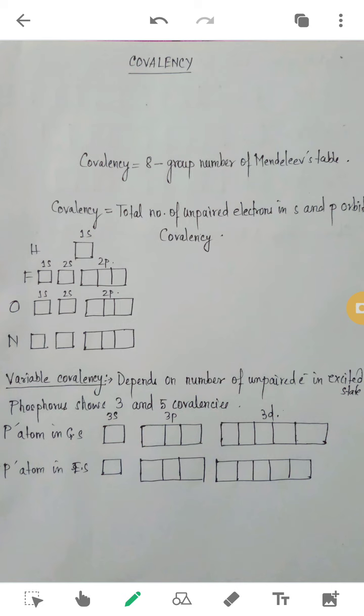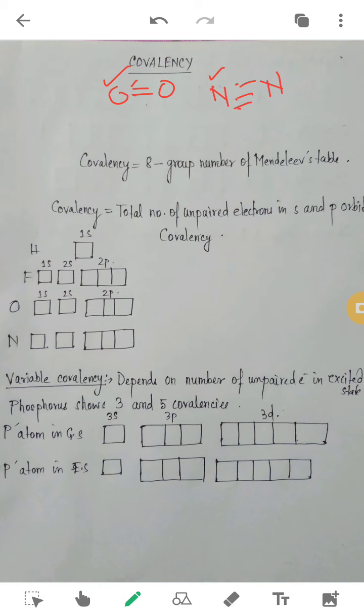That is covalency. For example, hydrogen will have a covalency of 1. Or oxygen, when it forms O double bond O, a single oxygen atom will have a covalency of 2 because it has shared 2 electrons for the bond formation with the other oxygen, thus maintaining its stability. Similarly, for N triple bond N, the covalency of each nitrogen atom would be 3, because it has shared 3 electrons in the covalent pool to form a bond with the other nitrogen atom, thus attaining the noble gas configuration. This is how we find out the covalency.